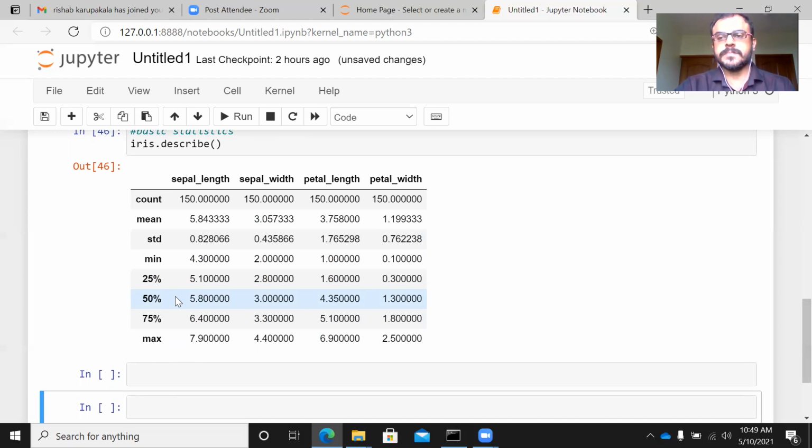So this particular describe function gives a simple table which helps me understand what is the average sepal length, what is the average sepal width, petal length, so on and so forth. It also gives me measure of dispersion and other important statistics like minimum, maximum, 25th percentile, 50th percentile, and the